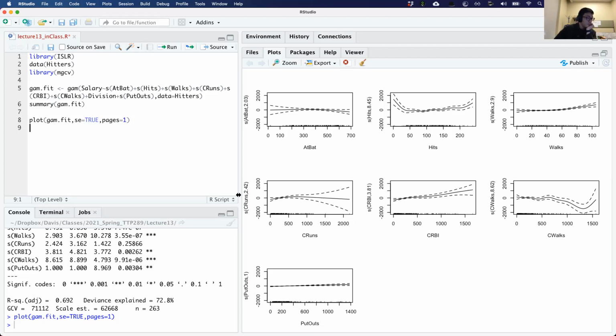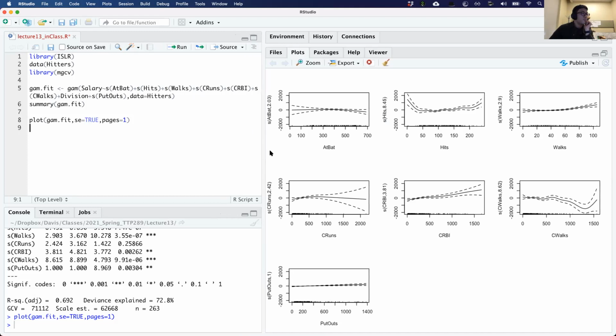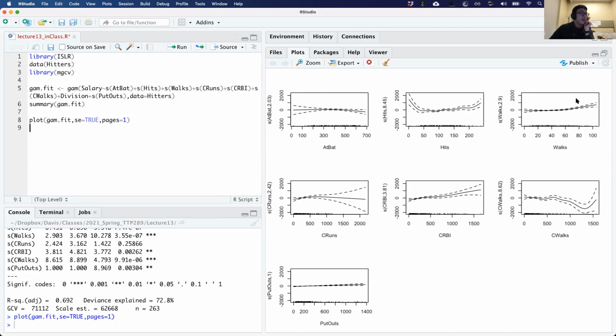Other things to note is that oftentimes we are modeling some of these as lines, right, within a linear regression. And so I always encourage folks that even if you do want to just do a linear regression, maybe you ought to do a fit with splines first so that we can see, okay, if I assume that putouts is linear, that might be a pretty reasonable assumption. And in fact, looking at this, I could just change this to be a linear variable